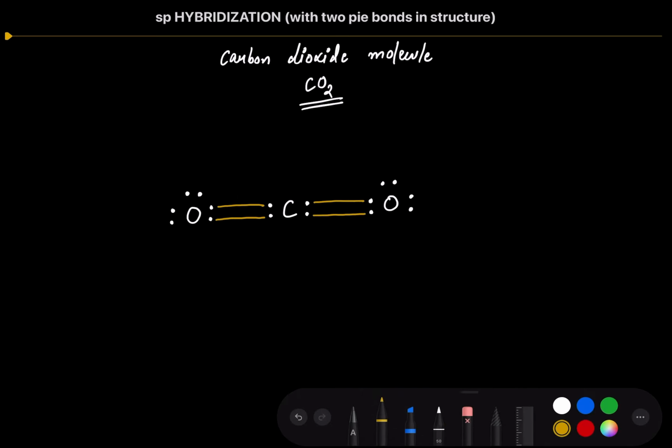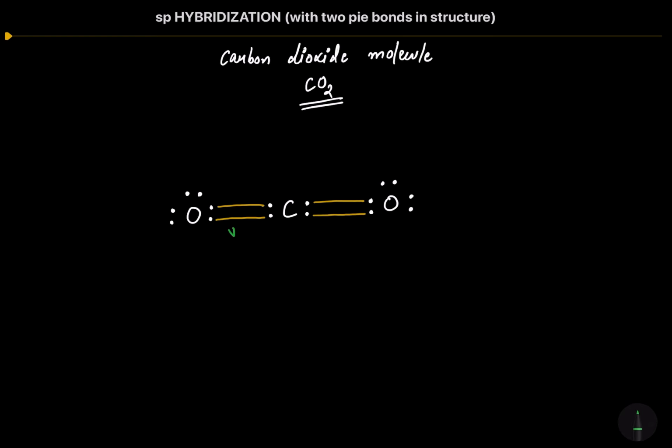In the previous lecture I have told you that whenever there is a formation of a double bond between two atoms, then out of them one will be the sigma bond and another will be the pi bond. Same goes for the other oxygen also. One bond will be sigma and the other bond will be pi. So before starting the hybridization, I want to tell you one point, and that is